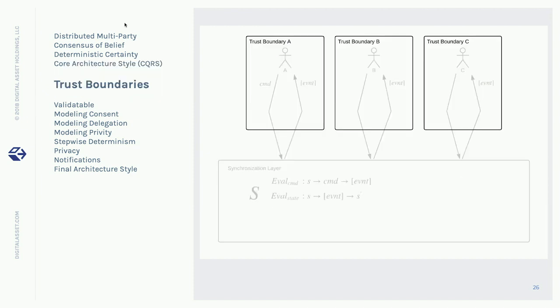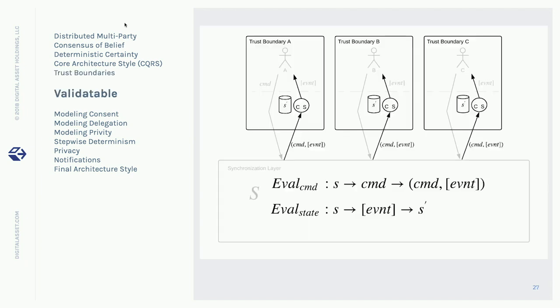First of all, add trust boundaries. We have multiple parties reading the event stream, and they need to be isolated from each other because they don't necessarily trust each other sufficiently to be able to rely on the other party to get everything right. Just a reliance on the technical requirement is sometimes enough.